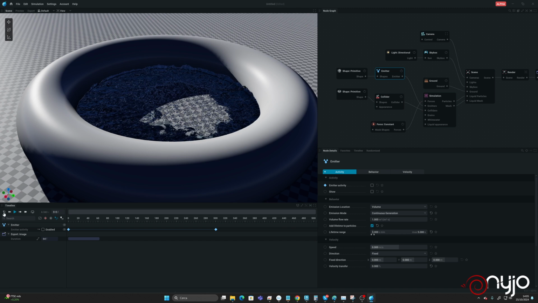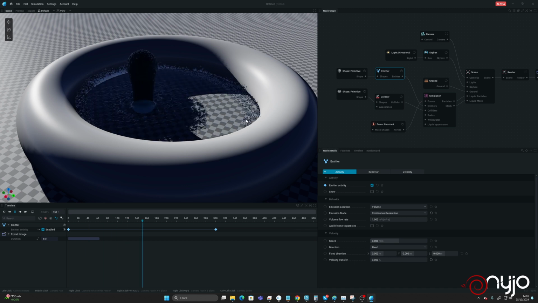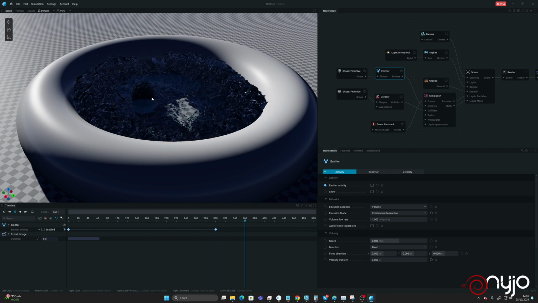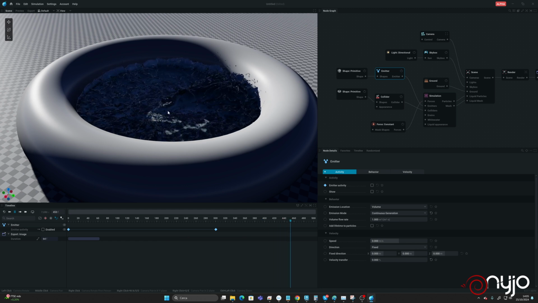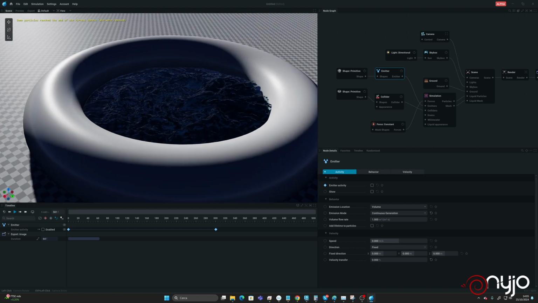By the way, we have the live, so we have to go here and say, okay, let's not add live to the particles. If we simulate, it is going to simulate, then it falls down, and then it's over. It says that it is out of the virtual domain, so the particles were removed, and that's okay for us,